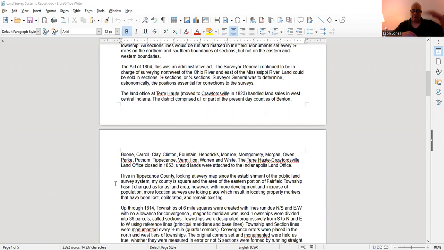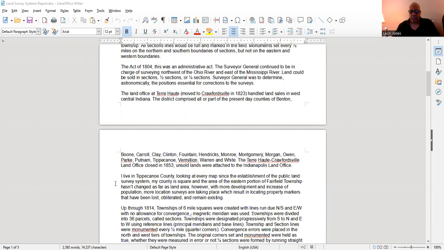That's why I put everything up there chronologically, because it eventually hit my county. So after the Terre Haute Crawfordsville land office closed in 1853, and everything was shipped off to now, which is the capital, Indianapolis. And again, just so you'll know, I live in Tippecanoe County, so looking at every